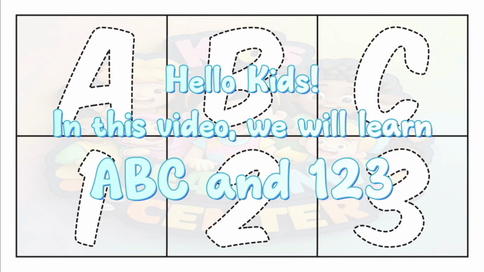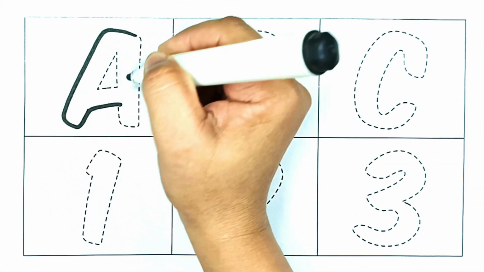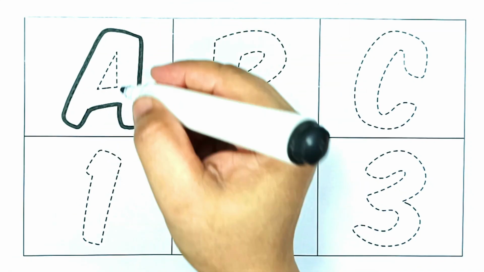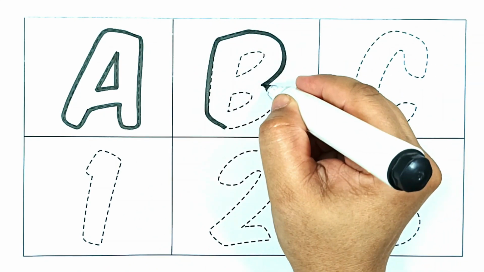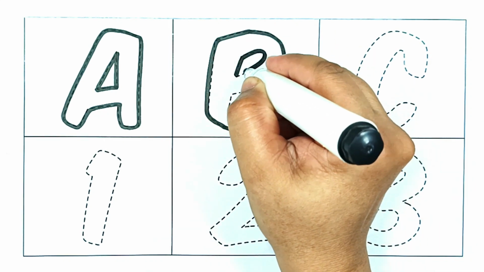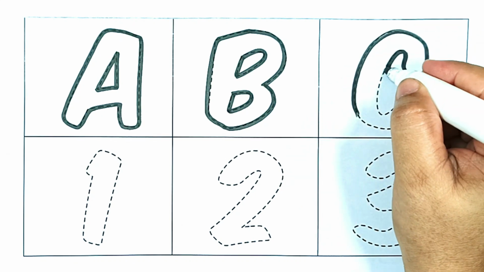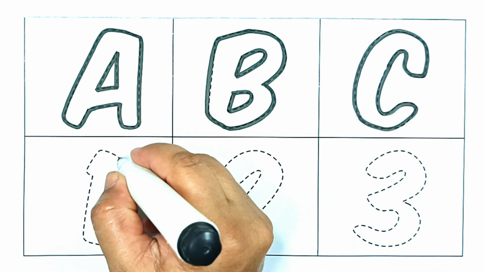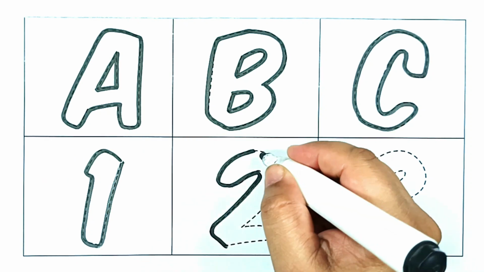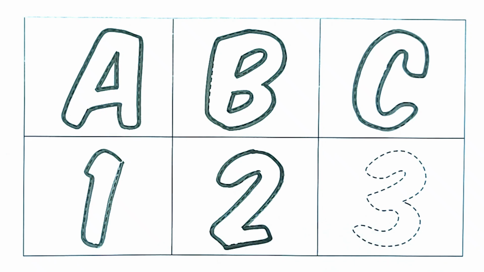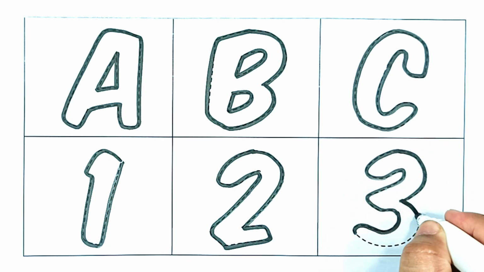Hello kids. In this video, we will learn ABC and 1, 2, 3. A, A, B, B, C, C, 1, 1, 2, 2, 3, 3,